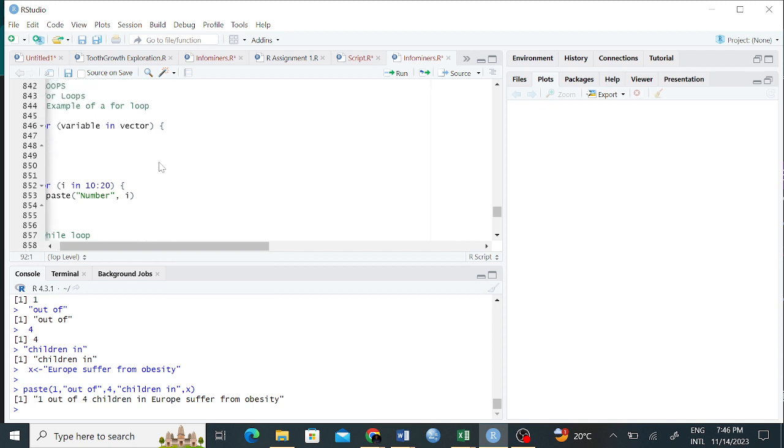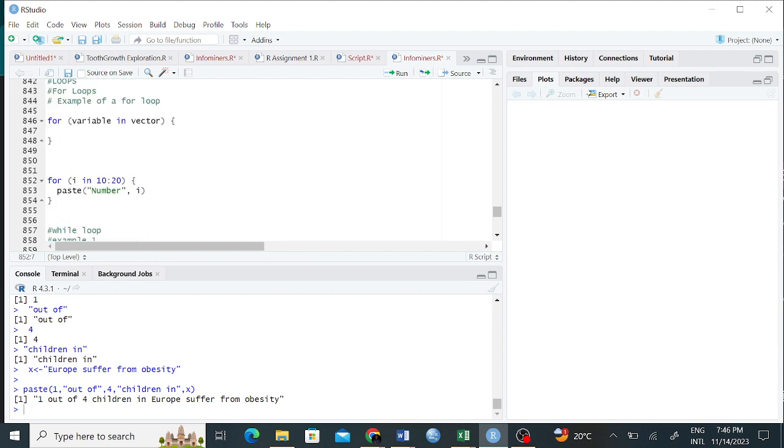So here, we were saying that if this variable I is found inside this vector, a sequence of numbers from 10 up to 20, then you're supposed to print. Paste is just for concatenating, paste number, and then that I is the variable. Suppose I is 10, it will say number 10.